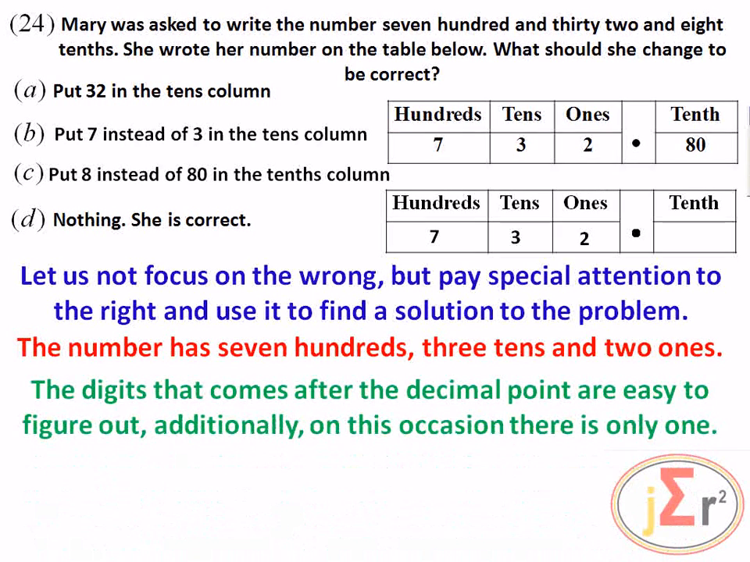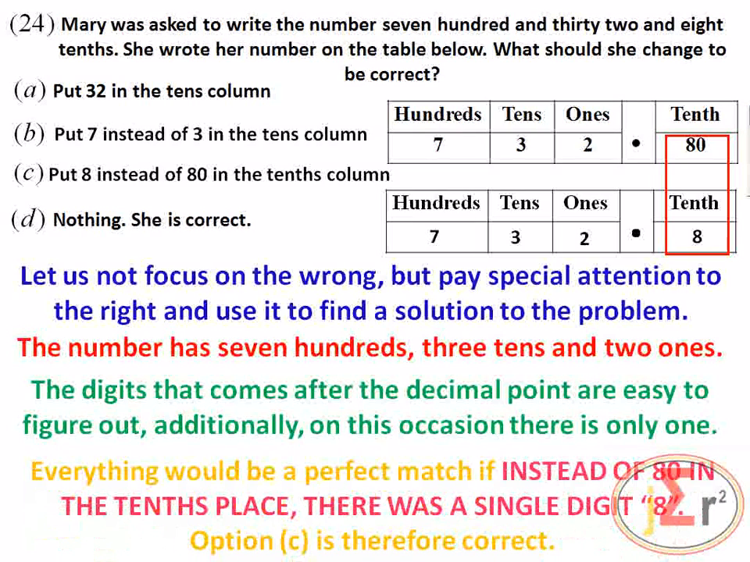The digits that come after the decimal point are easy to figure out. Additionally, on this occasion, there is only one of them, so just one single digit should go there. And that is the 8. 8 tenths. Everything would be a perfect match if instead of 80 in the tenths place, there was a single digit, which is 8. So it would be perfect. Everything else is the same, except that 80 in the tenths position. So we need to replace that with the correct thing, which is just to have 8 in that tenths position. The correct answer is therefore option